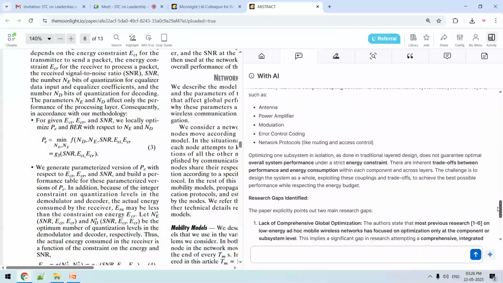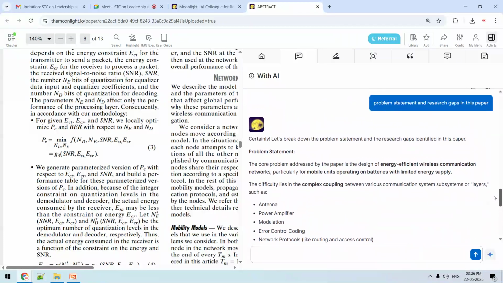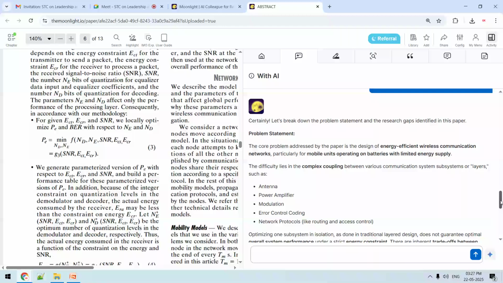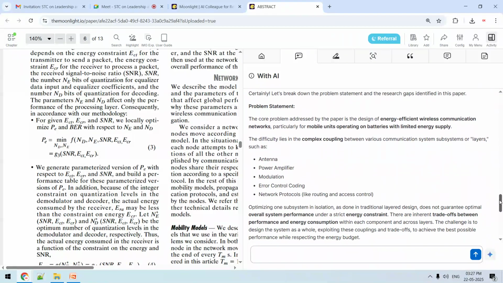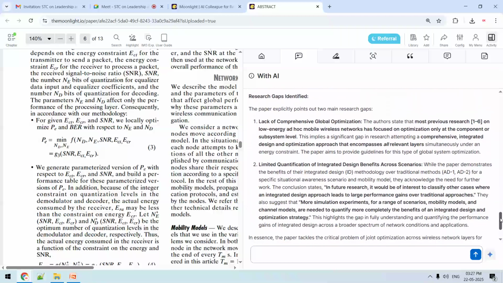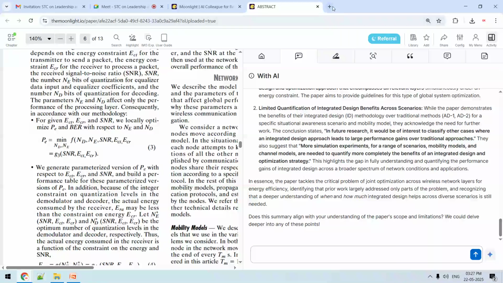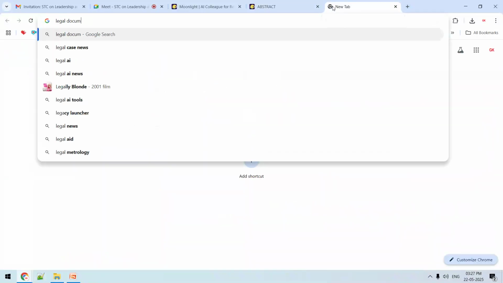So how easy it is for anybody, whether a research scholar or guide or strategic manager, to analyze any document. For example, you have a PDF file that has so many laws, so many guidelines, and you want to see whether a specific guideline under some particular clause will fit or not. So you can see that for this one, problem statement and research gaps, I have written only this part and it has generated these research gaps. So you can ask any question. If you want to take any legal document,